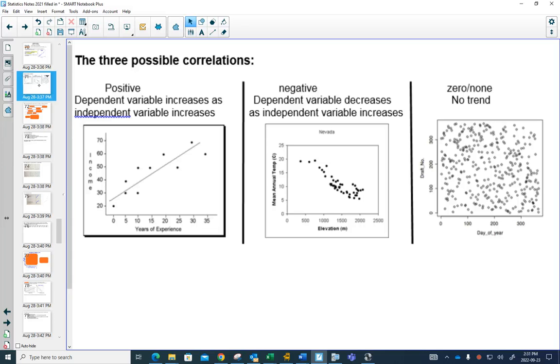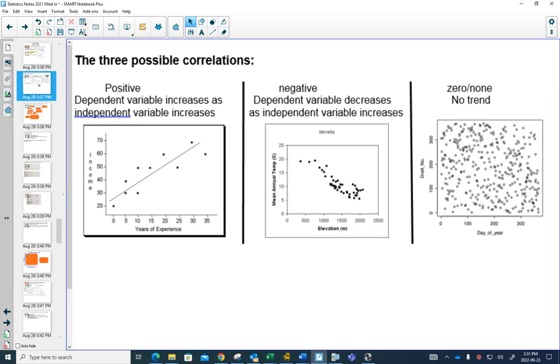Three possible correlations. Do you want to use this stapler? That one would work too, but this one fires it in. Oh yeah, watch out. You can actually shoot students. Don't point it. That's dangerous. Those are just in a box with essentials books. Perfect. Okay, so